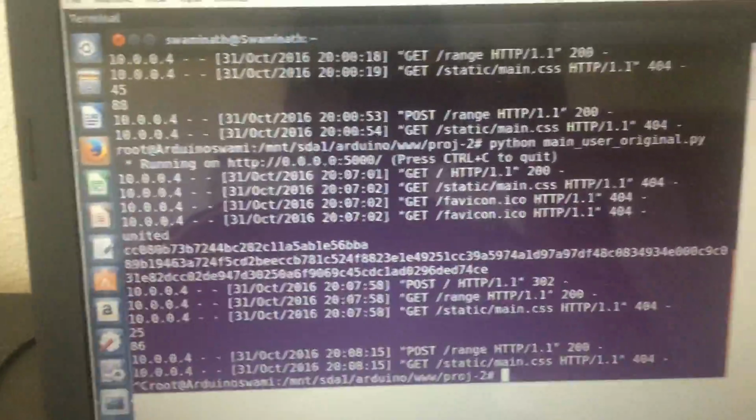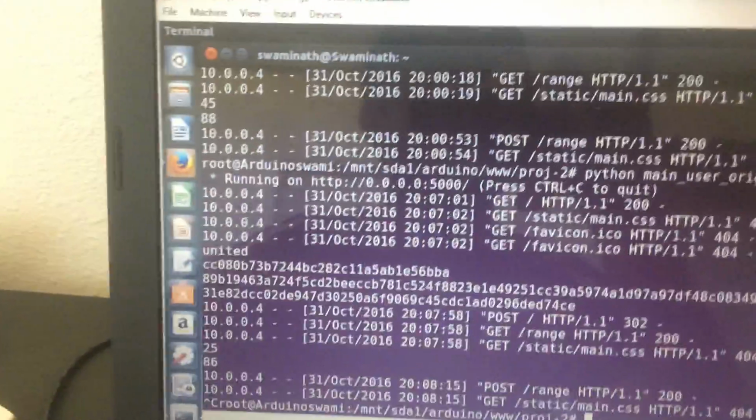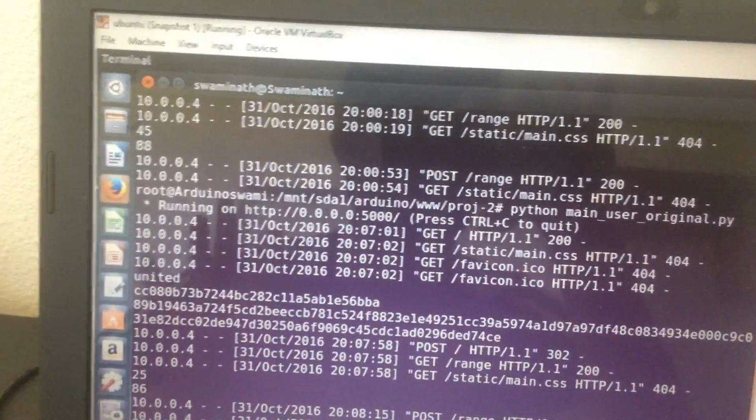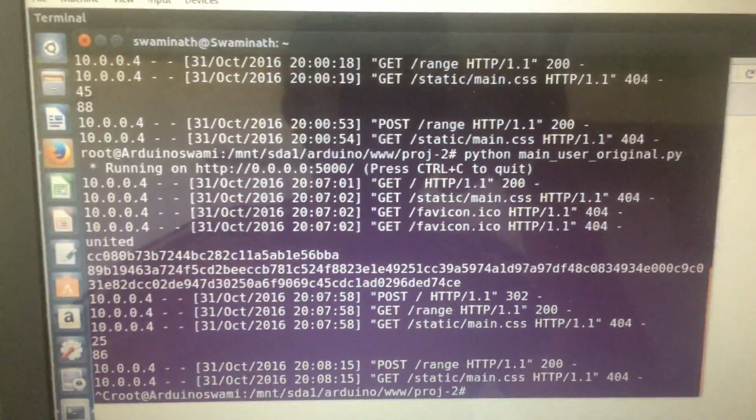So that's it. I have shown how I create a new user and how I add entries into the database table